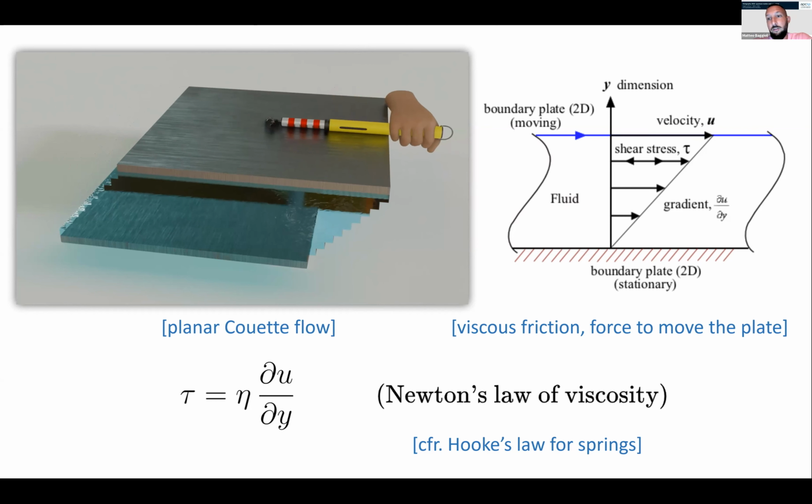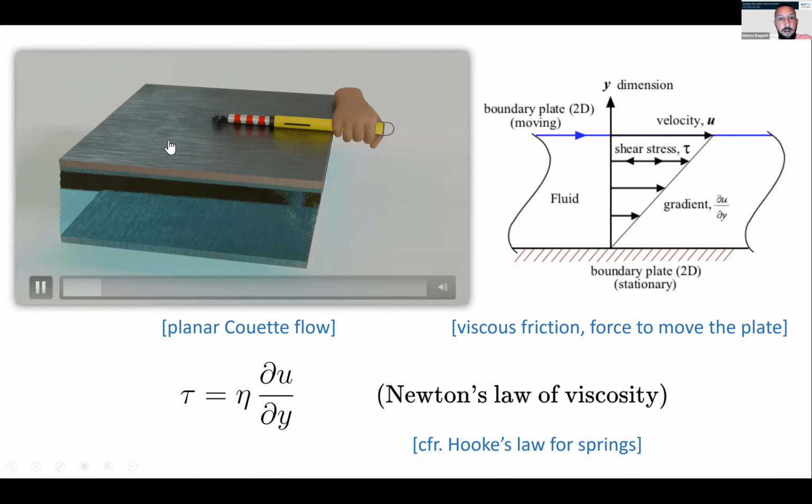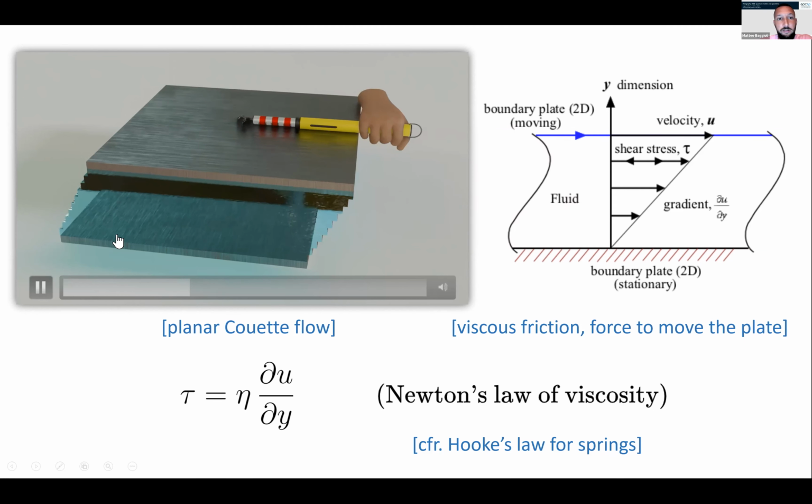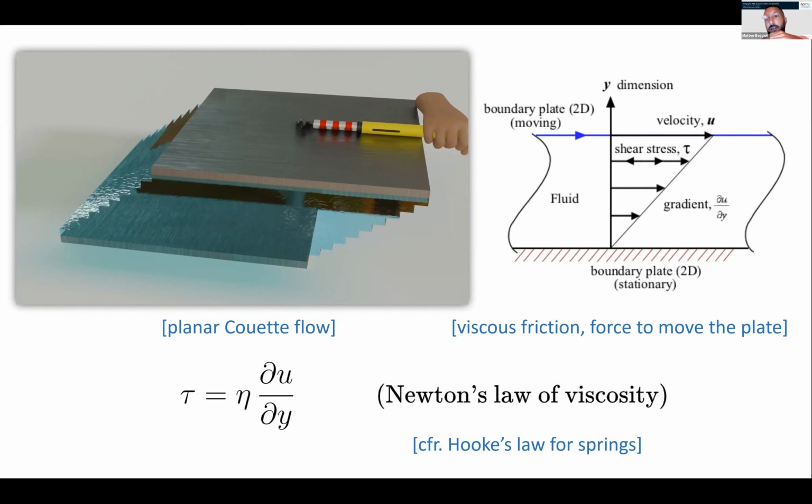Now, in more physical or mathematical terms, this viscosity is determined by what I call here Newton's law of viscosity, which relates the stress and the gradient of the velocity in the transverse direction. To make this picture more precise, whenever I pull this plane, the velocity will not be uniform in the vertical direction. There will be a gradient. So certain layers will move faster than others. And this will create a transport of momentum in that direction